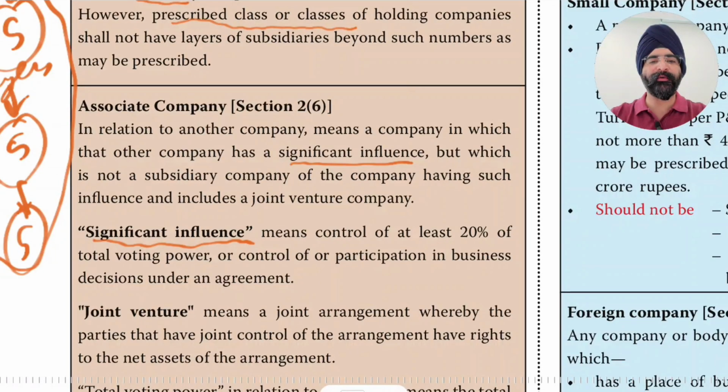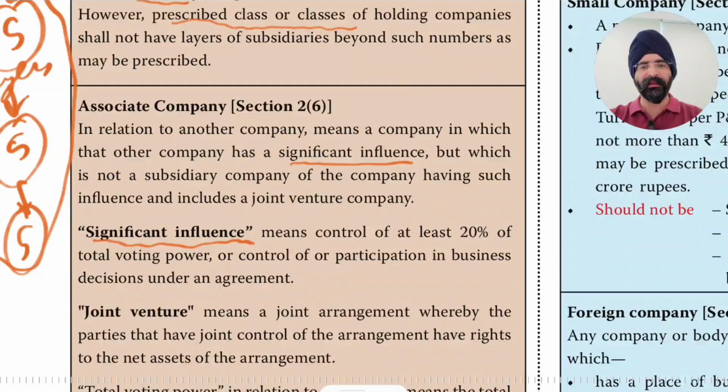Significant influence means control of at least 20% of total voting power, or control of or participation in business decisions under an agreement. So significant influence means either the control of at least how much voting power? Control of at least 20% of total voting power. Total voting power means not only those who are present in the meeting and voting, but all the